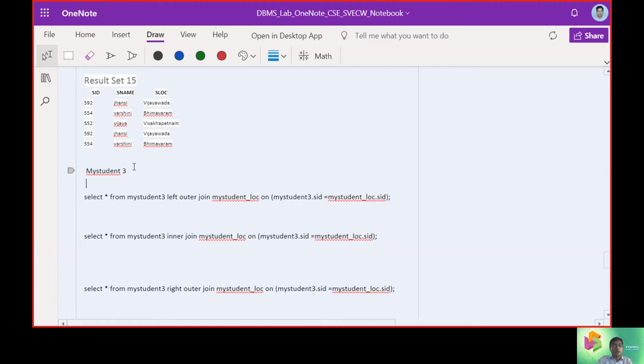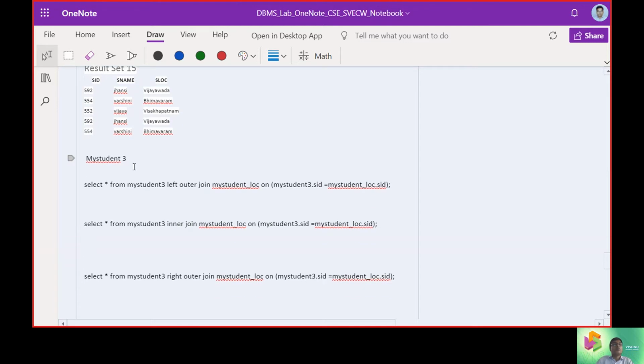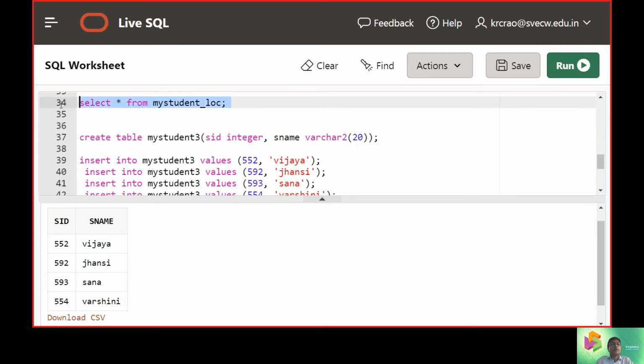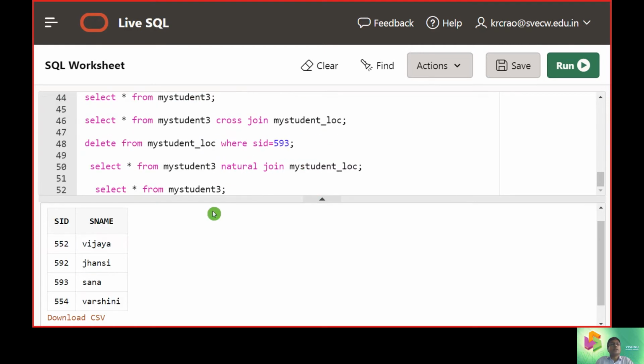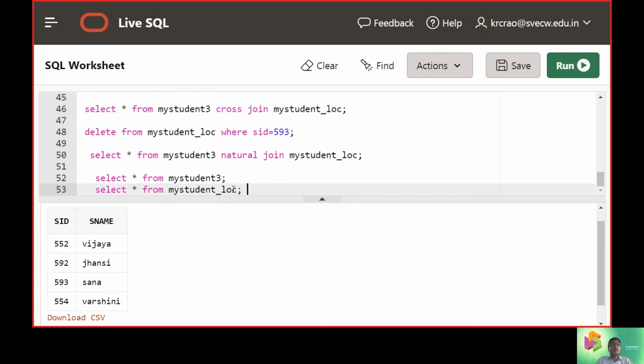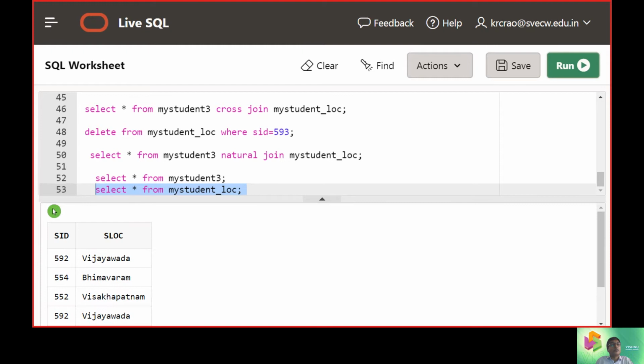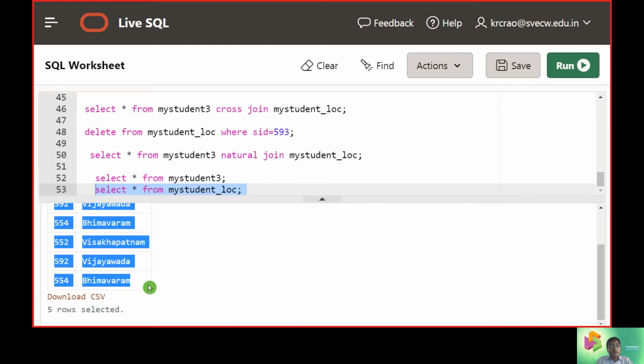Then I will take up another query, my student location, and find how many records are here. So I can find again 5 items are taken up.